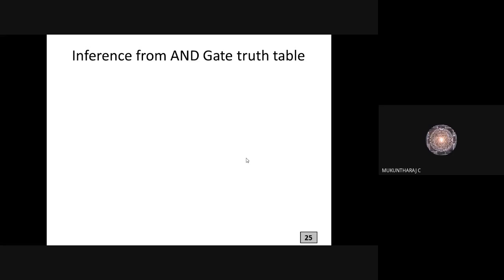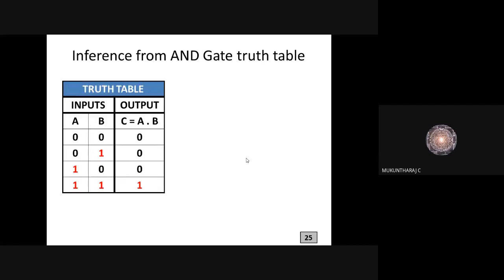So from this truth table, we have discussed the logical operation of basic logic gates. Nearly 7 logic gates we have discussed so far. From those logic gate truth tables, we can take some inferences. First we will consider AND gate. From this truth table of AND gate, we can observe